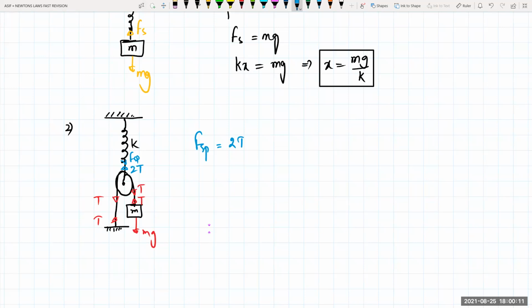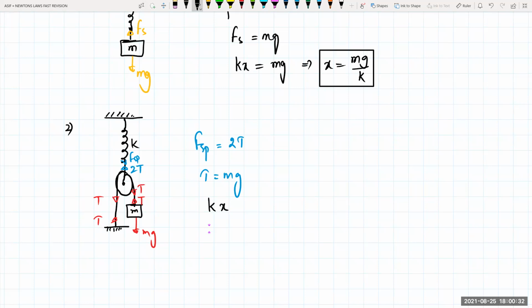Now tell me the relation right now. Tension T will be equal to your M into G. Tension T will be equal to your M into G in equilibrium position. For the block of mass M, these two bodies are in equilibrium, but T will be balancing your mg. Yes, sir. So I can write here right now, spring force is what for me?